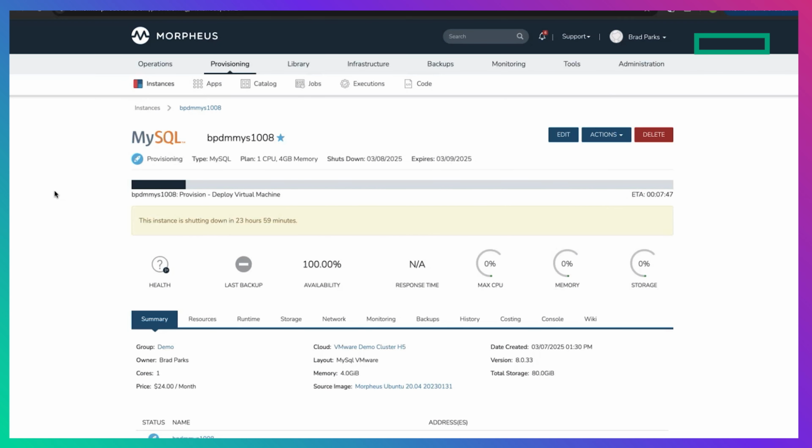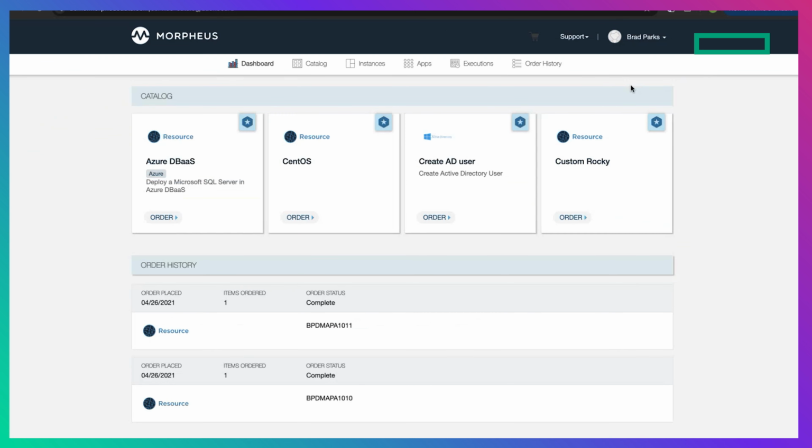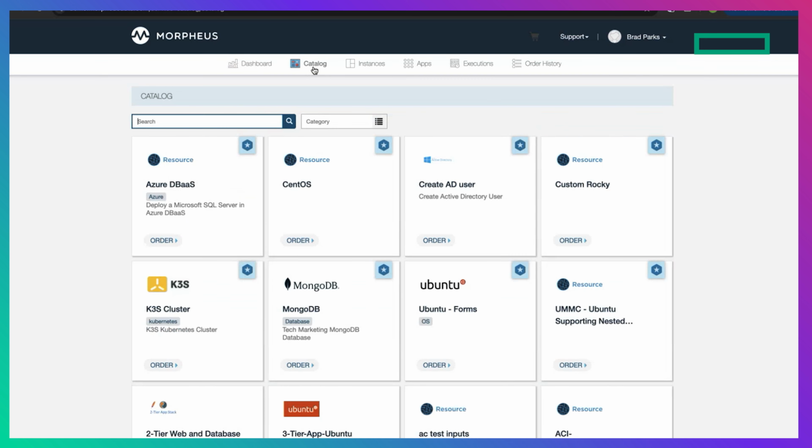The last piece I want to show you is actually something we call our simple catalog experience. So here I've shown you as a power user, all of those steps where I needed to turn the knobs and dials. I wanted those advanced options. But one of the other core parts of the platform is we have this persona-based approach to user management. So if I go in as a service catalog persona, I get a very simplistic user interface. So I can take that same request here.